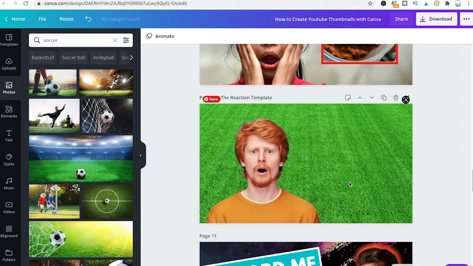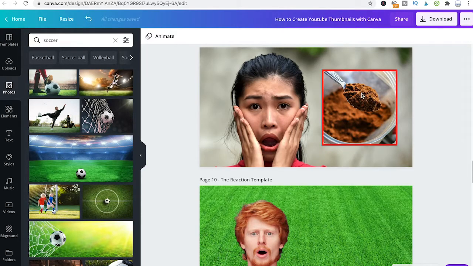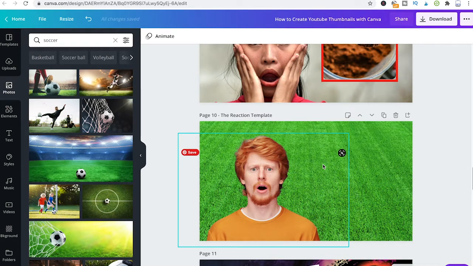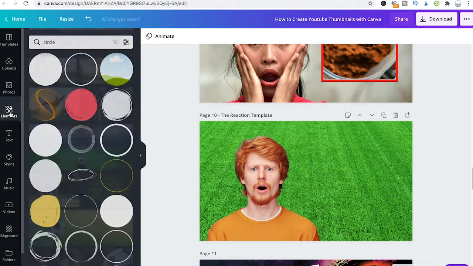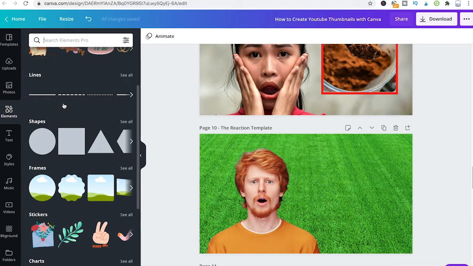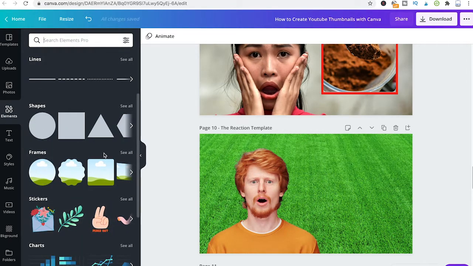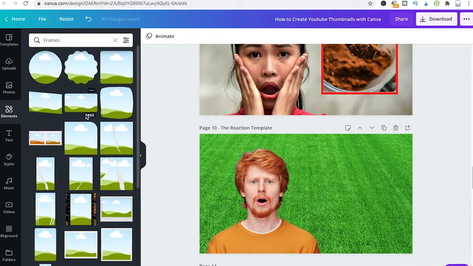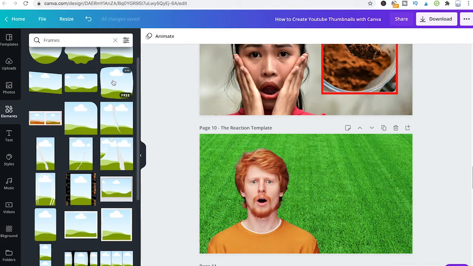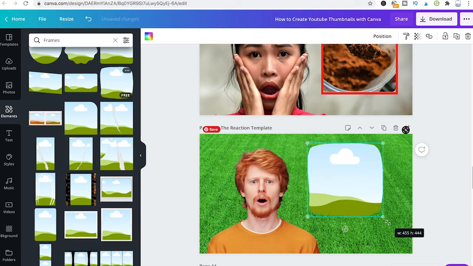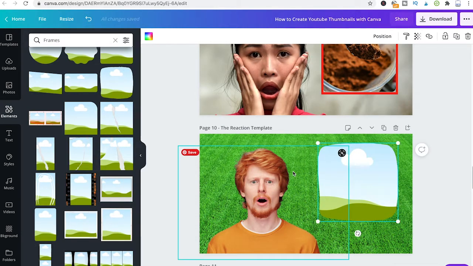So now we want to embed another picture just as here. For that purpose, Canva is actually providing us with something called frames. To access these frames, go to Elements. And in Elements, you will see that when you scroll down a bit, that at a certain point you can find frames. I'm going to see all here, and then I can just choose the kind of frame I'm looking for. Then simply drag and drop that frame inside of your project. Resize it to your liking. And now the cool thing